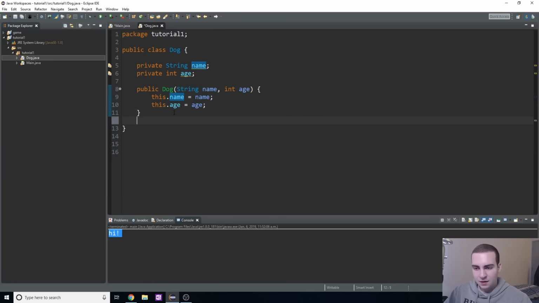Okay. So now that I have this constructor method created, we can go on to create one more method, and then we can actually start using this class really simply, okay? So what I'm going to do now is create another method. In this case, I'm going to type public. I'm not going to return anything, so I'm going to use void, okay? And the name is going to be speak. And what this is going to do is simply print something out to the screen. So I'm going to say